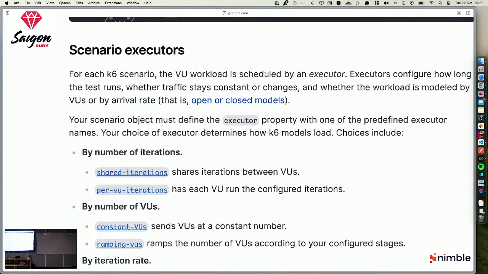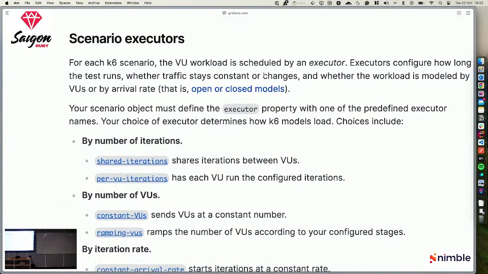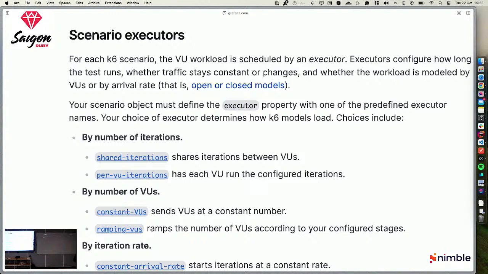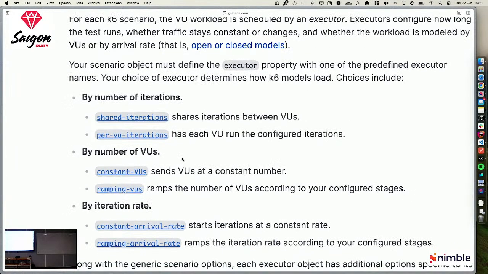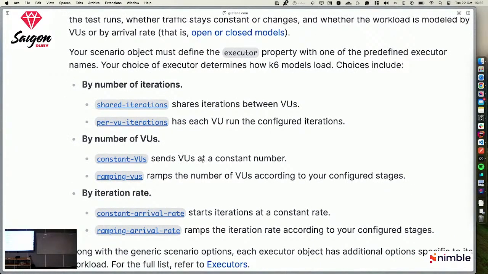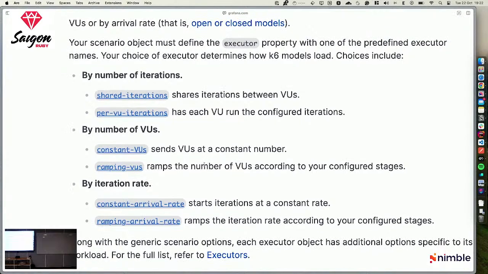An executor is a way that k6 defines the number of virtual users and iterations. With the example we talked about earlier, I used the ramping VUs executor with many stages, but they also provide